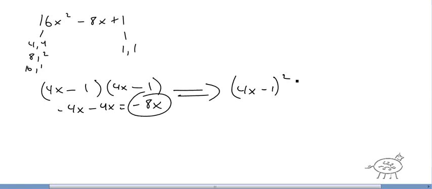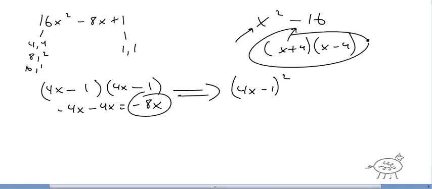Okay? So that's pretty much it, math fans. Two things I taught you are difference of two squares, and that's easy to recognize. x squared minus 16. Two terms, opposite sign, and perfect squares. So that would be x plus 4, x minus 4. That's your answer. This one's actually called, and I never really gave it a title,